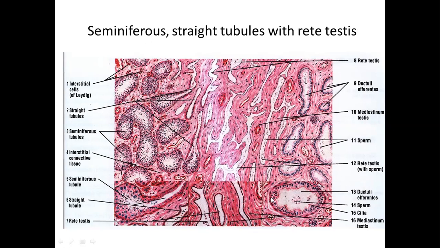Now, this is a more magnified part of the efferent ductule. They are lined by an epithelium which has tall columnar cells with cilia, and in between them there are cuboidal cells which are non-ciliated. So the efferent ductules are lined by an epithelium with simple columnar ciliated cells, and in between them there are simple cuboidal absorptive cells.